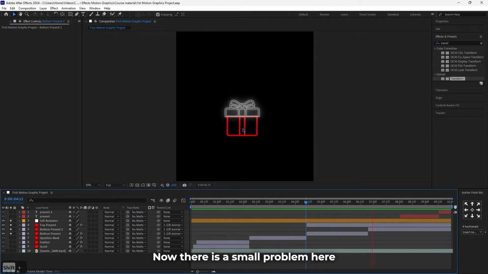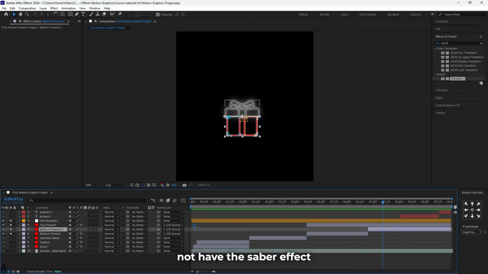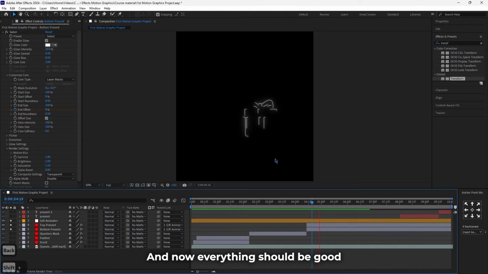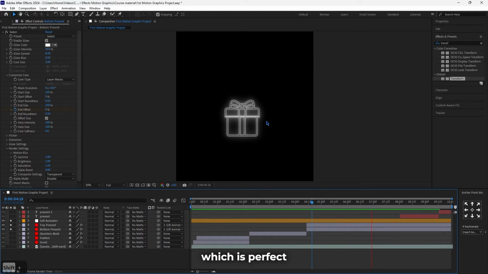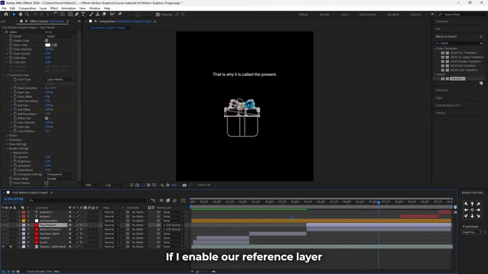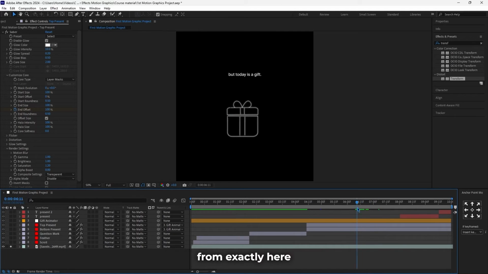Now there is a small problem here because this layer does not have the saber effect. So what I'll do is I'll just remove this and expand this, and now everything should be good. The animation is happening, which is perfect. What I want to happen now is I want the top present to open. As you see right here, if I enable our reference layer, from exactly here the top present is going to